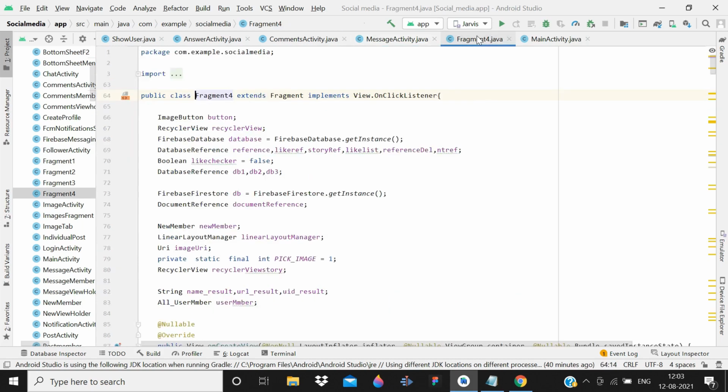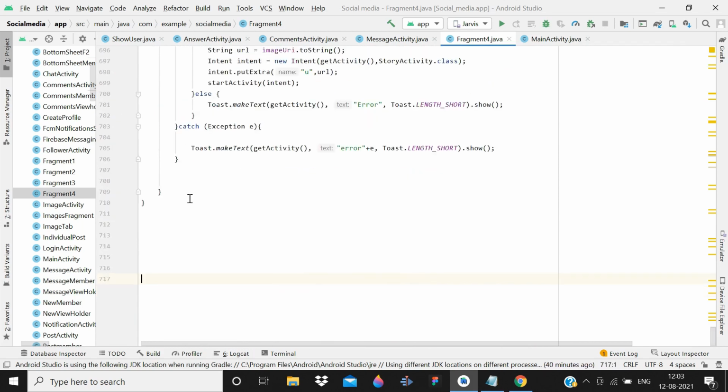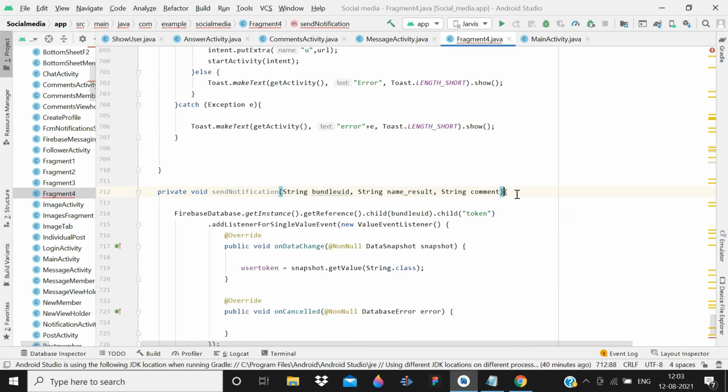And now it's time for fragment 4 for handling post likes. So when you like someone's post, they will receive the notification. So first of all, declare the user string, user token, and then at the very bottom again, paste the method here. And this time I guess we only need two parameters, name and ID.